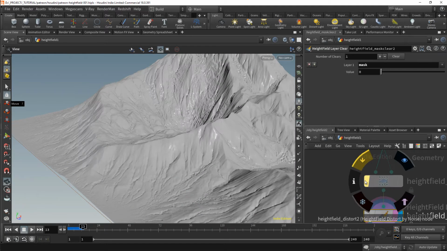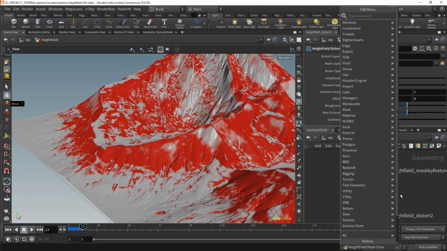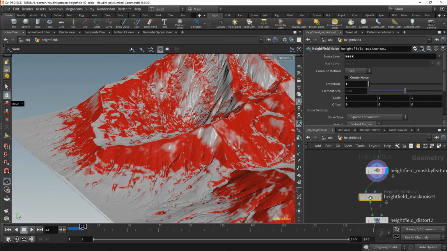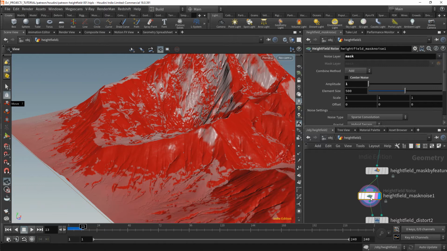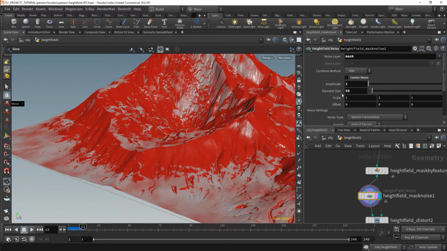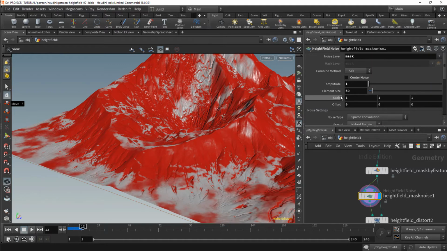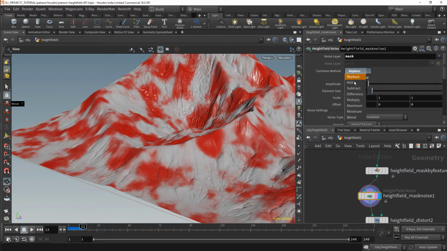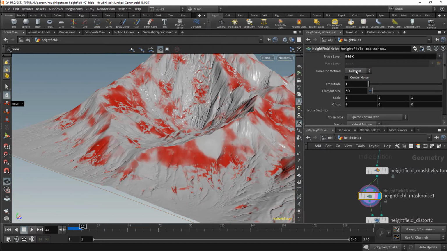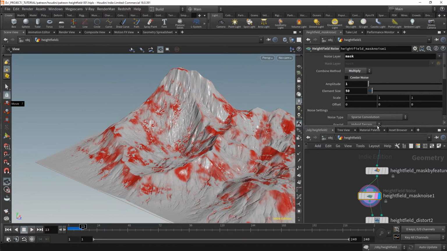So what we could do is break up this mask a bit with another mask by noise maybe. Just before the distort, we're gonna plug a mask. Where is it? Mask by noise. Mask noise. Yeah, here we go. Let's display that. By default, the element size is a bit too high, so let's decrease it. And we could actually contrast this mask by increasing the gain to 1. And let's see, we have different combining modes with the previous mask. In our case, I want to use the multiply mode so that we still conserve the slope mask, but